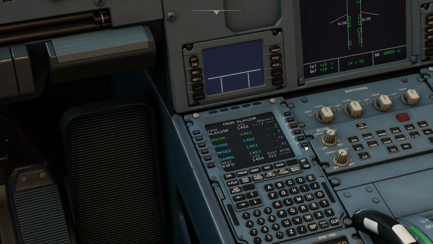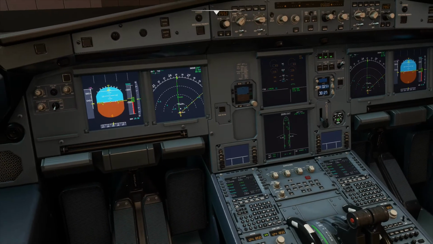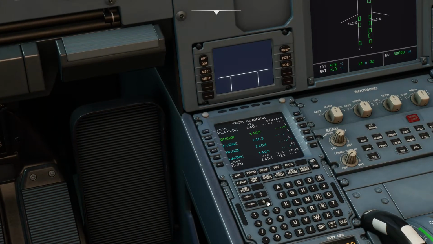I'm just going to insert that so it picks it up, and it's now got my departure from 25 right. Although it hasn't input where we're going directly yet, I'm going to have a quick look and see what runway my flight plan was originally set. When it comes to the destination, you would normally set this when the ATC tells you which